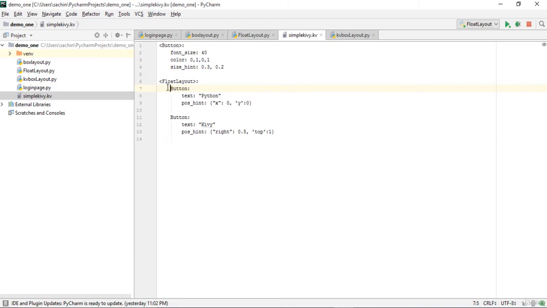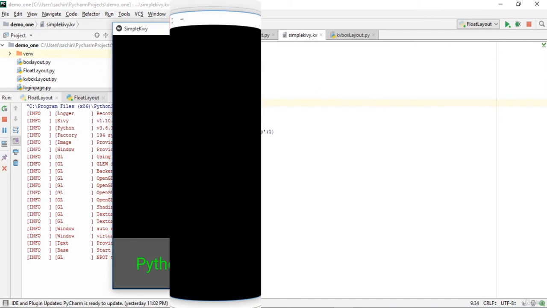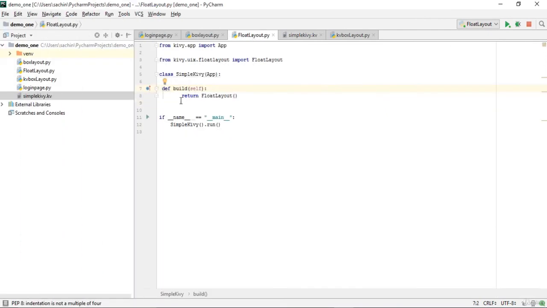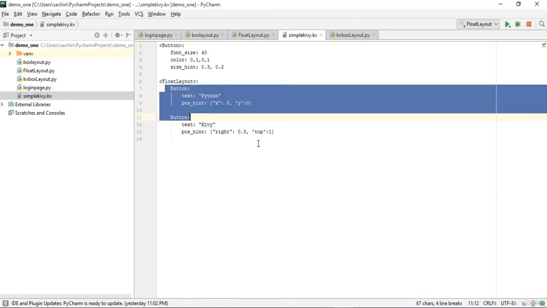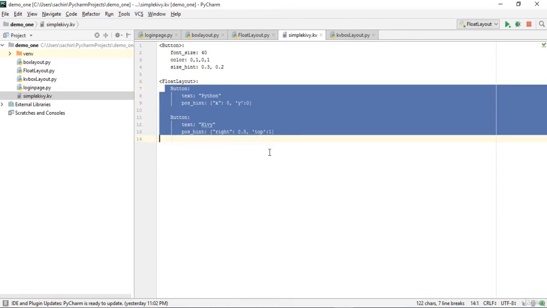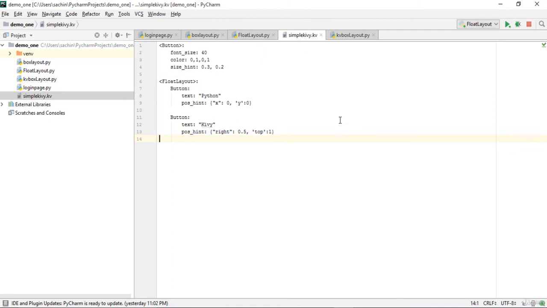So let me go again and make a proper indentation level. If I go to this button and play it again, you could see we'll get our app same as the Python file. When you go in this class and remove this space over here, then you get the error indent expected. That means you have to provide a proper indentation level, and you are good to go. So make proper indentation level over here, otherwise it will show you some error about the parser, and it can also show an error about loading the file from the builder.